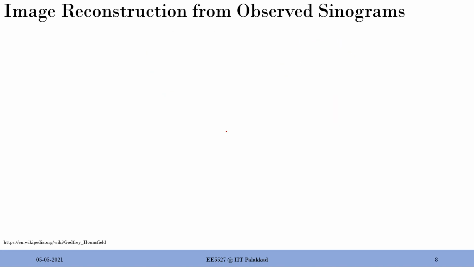So the image reconstruction from observed sinograms. How to go about it? We only have sinograms to play with, the p of s comma phi. We need to create that image back, f of x y. Let me put it in terms of equations. This is the space that we want to reconstruct through the projections, or through the recordings on the sensors or detectors. What we do have is p of s comma phi, and then we need to do the back projection, BP, to reconstruct that f of x y back. So that is our objective.